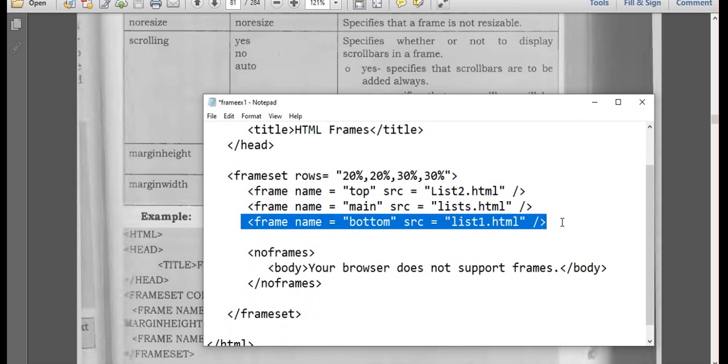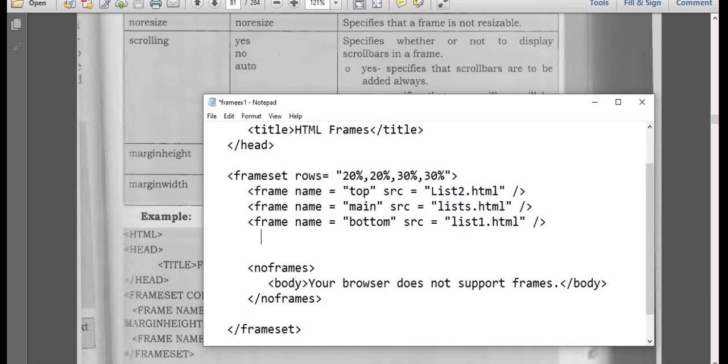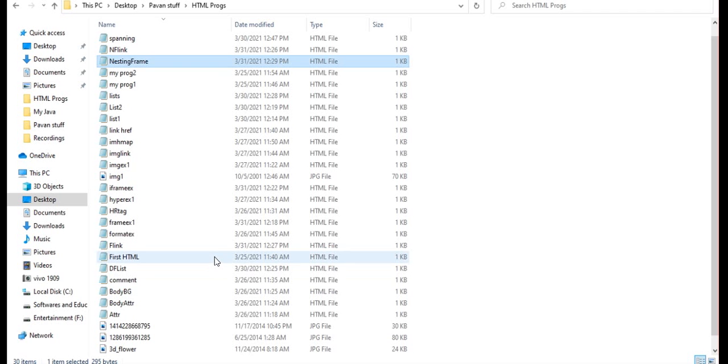Control C, I'll have one more frame. Bottom 1, bottom 2. So we have to give a file name. What will I give?